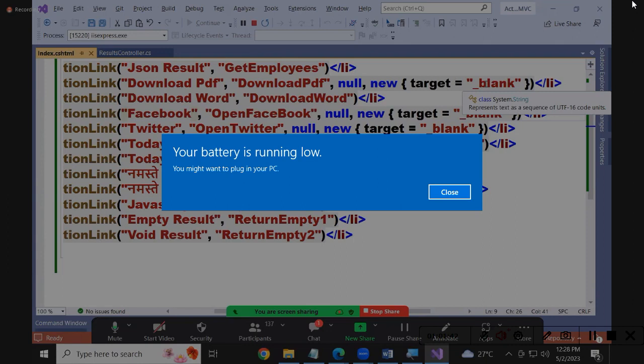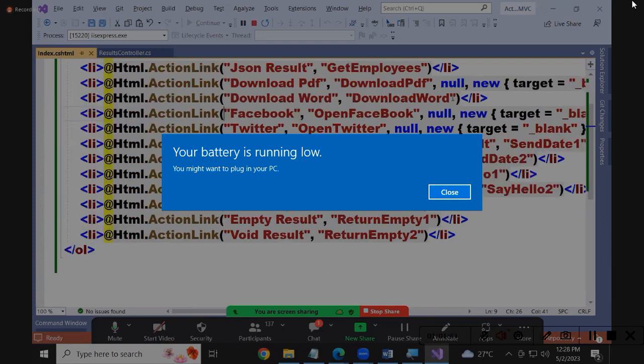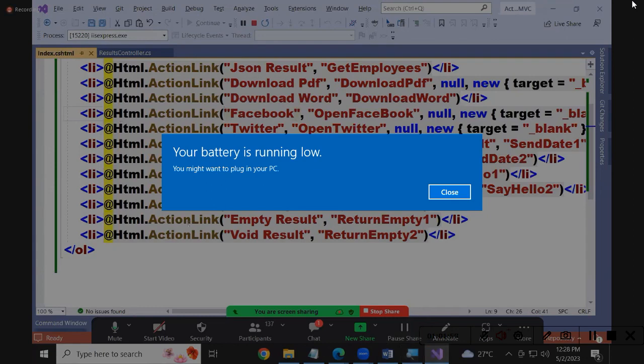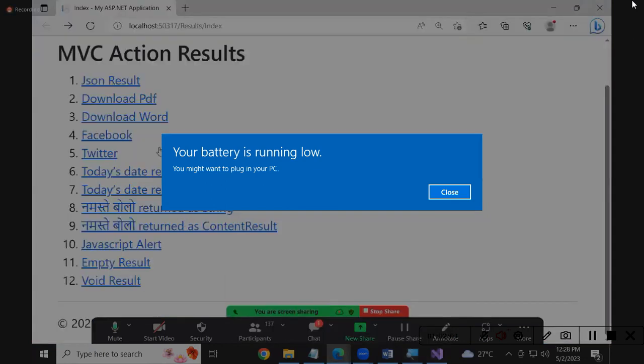If you want to open a new window, what do we say? Target equals underscore blank. So that's why it went to a new window. For Download PDF, Facebook, Twitter, for all these things, I've given the action links to you. Click on each and you will see the output in the browser. That's it. Clear? Yes or no? Okay. So in the index